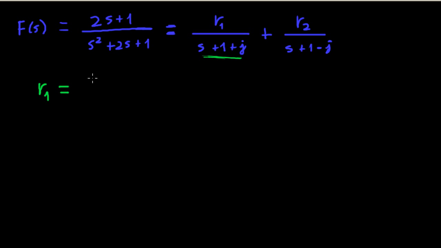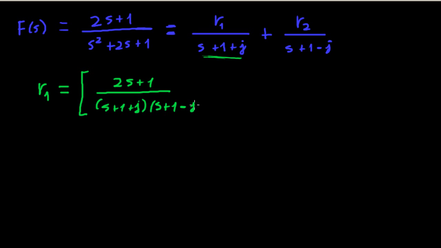So what we have here is (2s + 1) over (s + 1 + j)(s + 1 - j), all that times (s + 1 + j). This goes with this, and this is evaluated at s equal to -1 - j, leaving